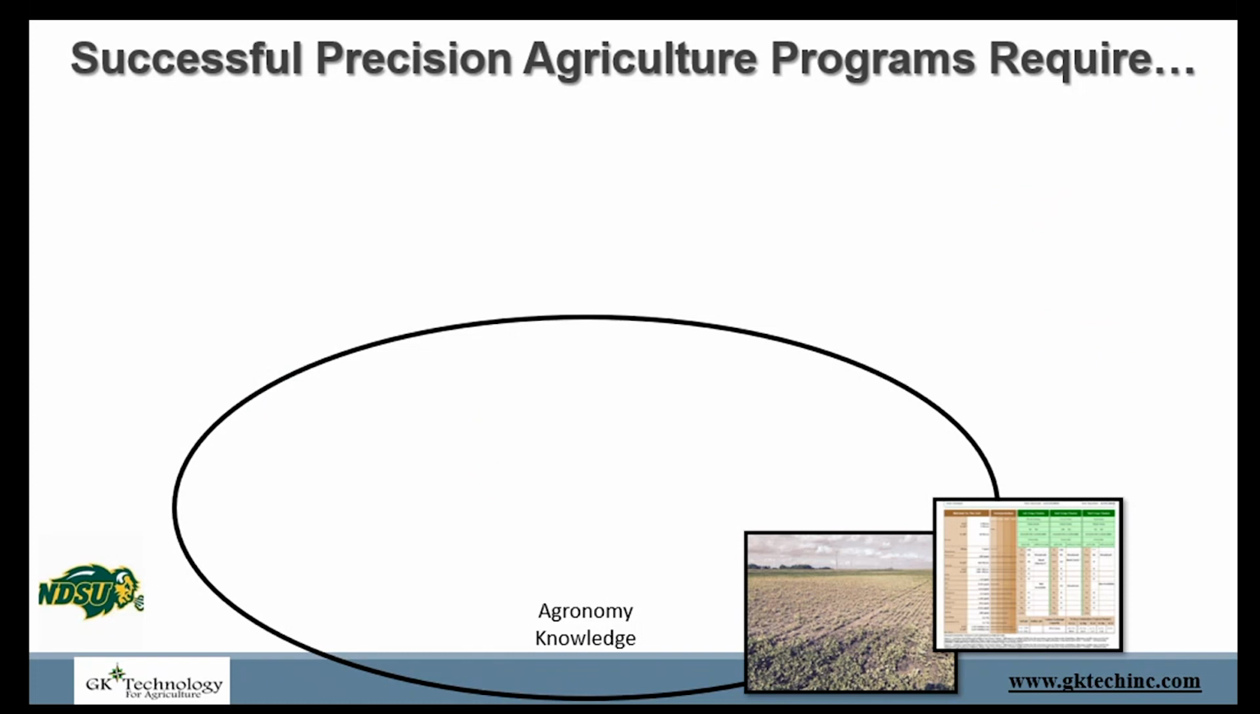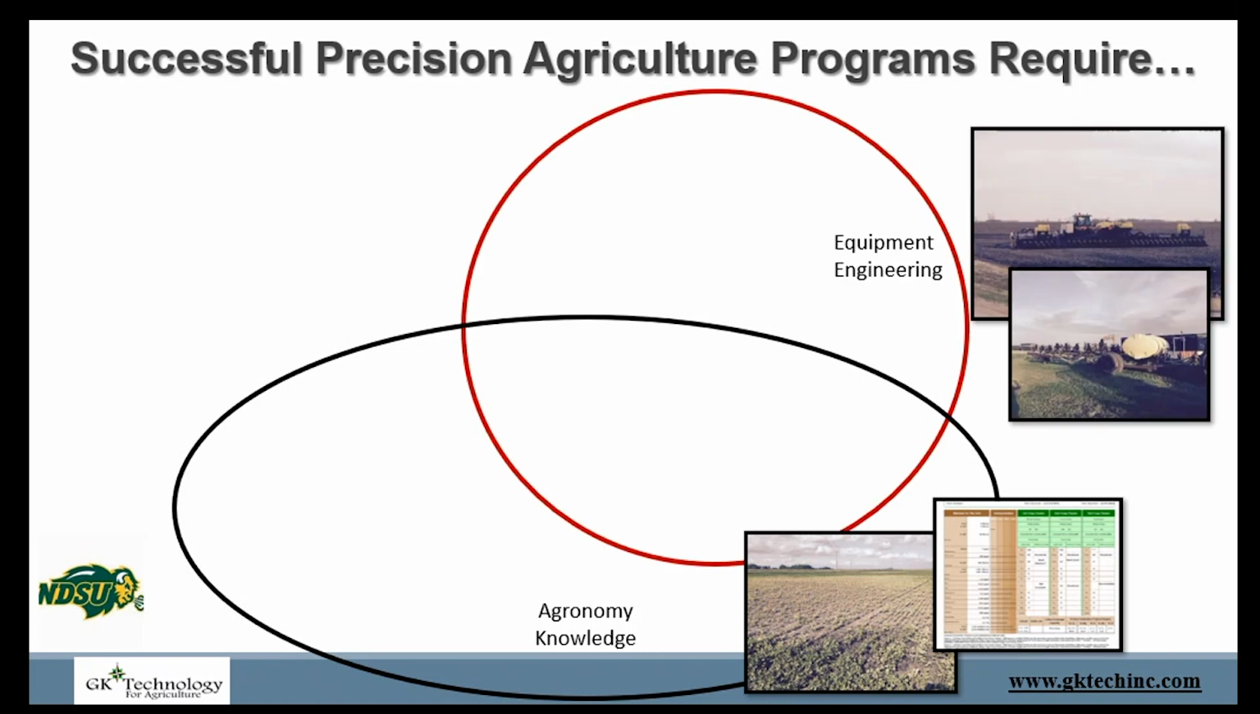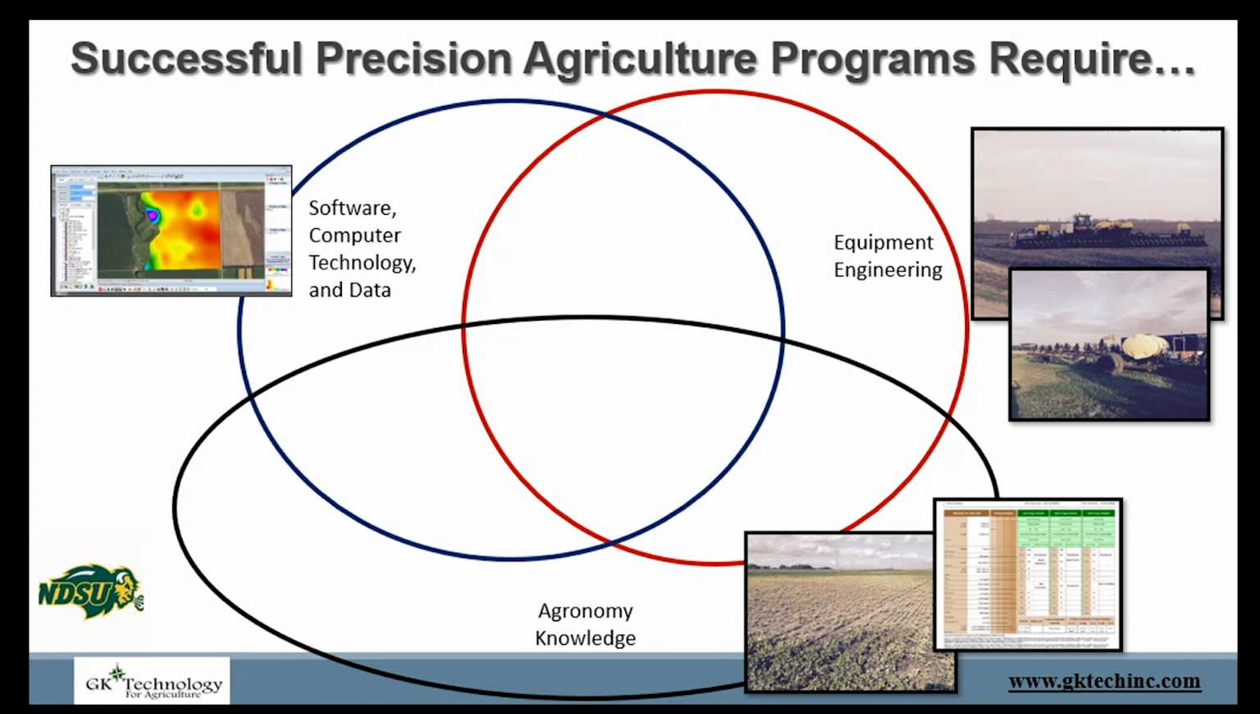If you don't have somebody with agronomy background, who knows why you're making decisions out there. Equipment engineering, you need to understand how the equipment works. You can understand why things need to be done, but unless you understand how the equipment works and you can get it into the equipment, it isn't going to work. And then you have to have someone who understands the software component of it. How do you write stuff in the software? And if you have somebody with all 3 of those, you're going to be working with someone who really understands